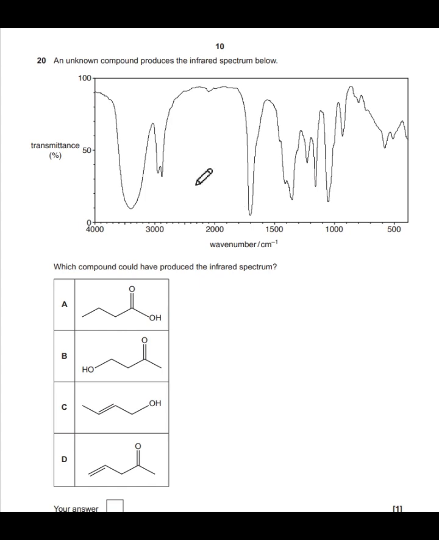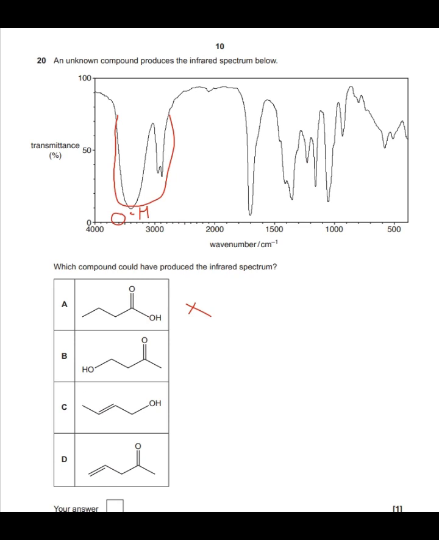And then last up, we've got an unknown compound that produces the infrared spectrum below. Which compound could have produced the infrared spectrum? So, first thing that draws my attention is this peak here. This tells me we have an OH. And it tells me it's in an alcohol rather than a carboxylic acid, because if it was in a carboxylic acid, it would be really broad, which means it's really wide, which would be something like so. So if we had a carboxylic acid, it would be much wider. So that tells me we don't have a carboxylic acid